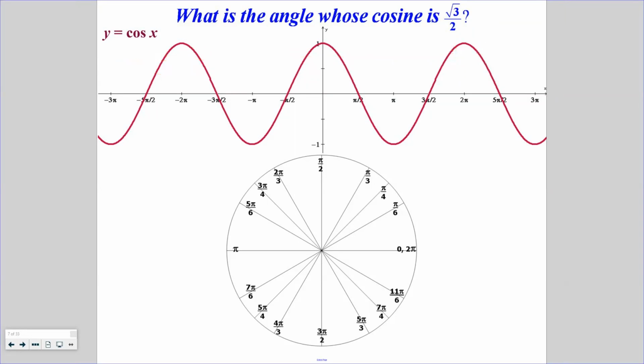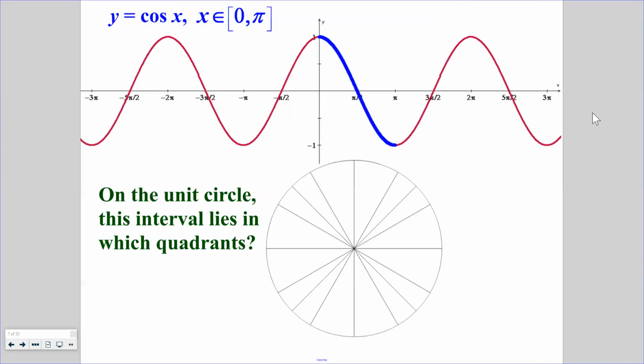So again, with cosine, in order to invert cosine, we have to restrict the domain of cosine as well. There is a difference though. So what matters right now is that we know this part. To invert cosine, for cosine to pass the horizontal line test, we're going to restrict the domain of cosine to be between 0 and pi. Okay, so for sine, we restricted the domain to be between negative pi over 2 and pi over 2. So it passed the horizontal line test. For cosine, we have to restrict the domain to be between 0 and